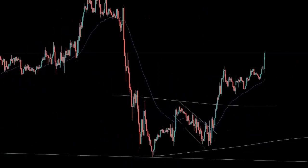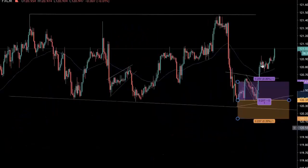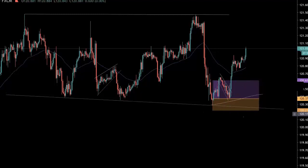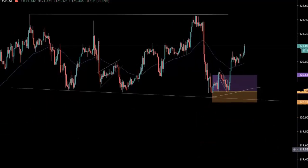So I didn't get involved in this, but what I did get involved in was this here, because I saw this 1, 2, 3. In order to break this kind of price structure, we need to have a pattern. To me it's very hard to break this whole pattern straight with an impulse. This clearly was a really impulsive move, but to me it's a kind of rule: in order to break either pattern, we need to have a pattern. It's basically impossible to break straight through. So we need either a 1, 2, 3 touch pattern, like a consolidation here, but now